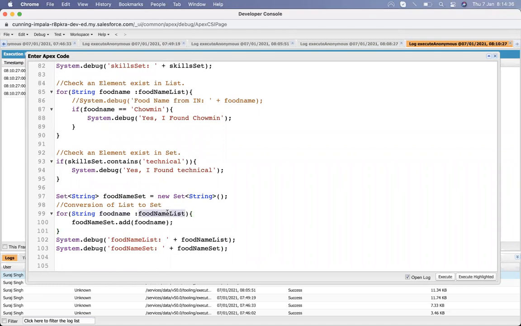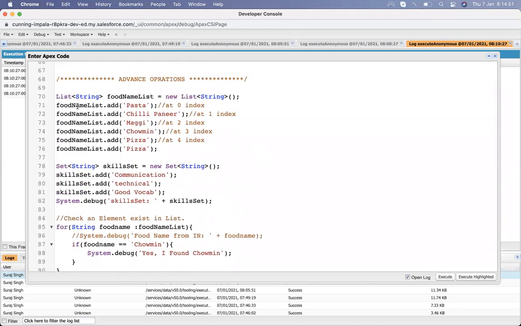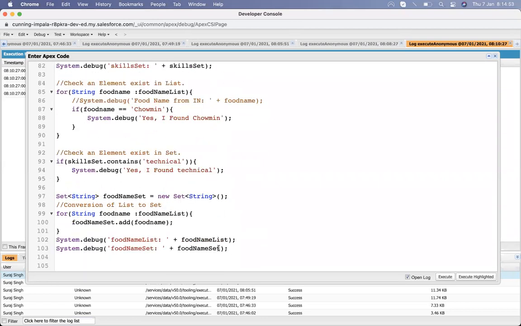We run the loop on the list and add elements one by one into the set, and in this way we convert a list to a set. Let's have a look.